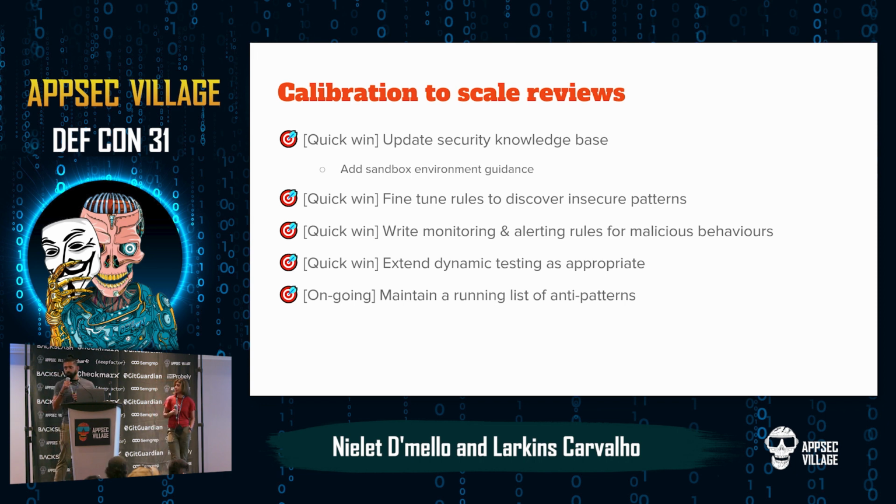Yeah, so now when we look at what were all the different requirements, and then we understood there were some gaps in our knowledge bases. So now this is a good opportunity for us to go ahead and build some kind of knowledge base. Think about the sandbox. Sandbox implementation was missing. So now we have a sandbox environment which we need to publicize, which we need to tell our different engineers that, hey, we have this already in place and we should be using and suggesting